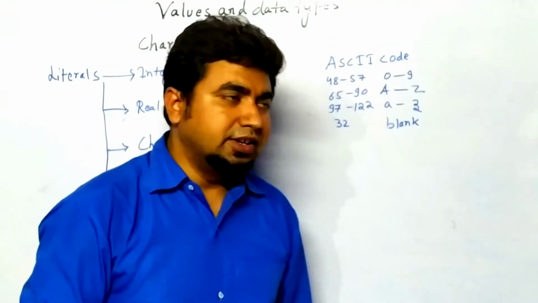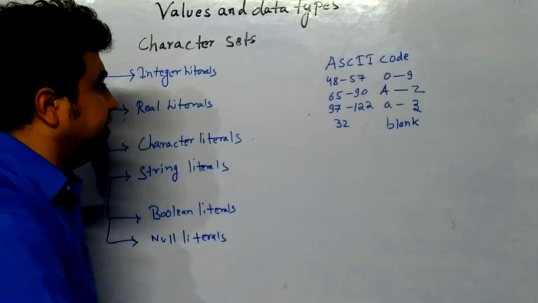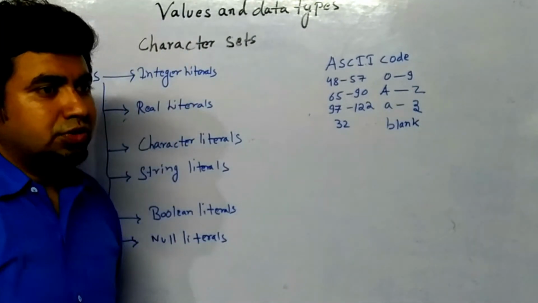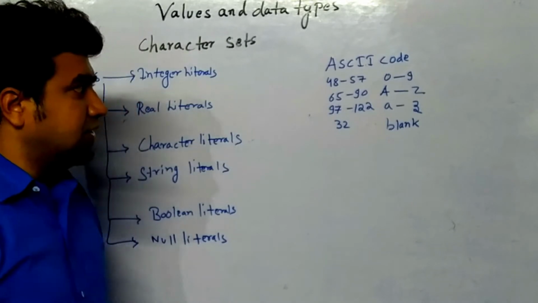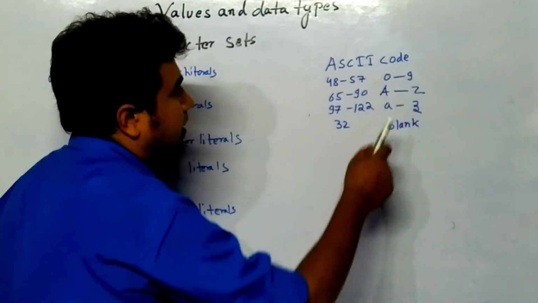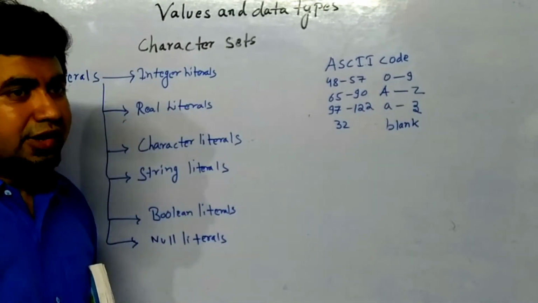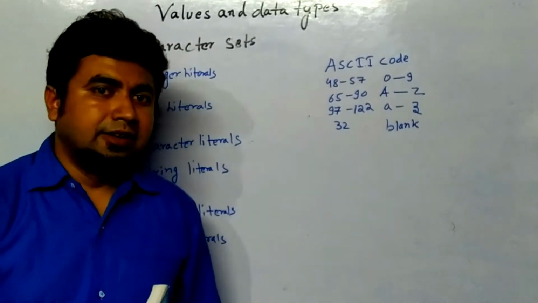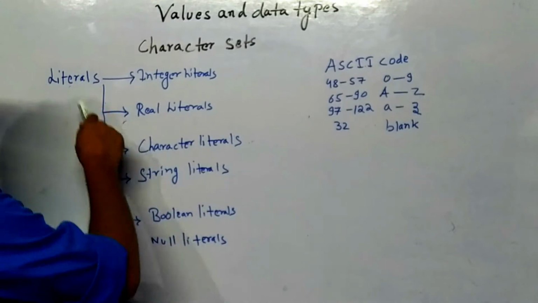So you can see clearly that these are the ASCII values, and these are the characters which the computer does not understand. Now you might be thinking these are also numbers, but I have told you about these as characters. That I will be explaining here, how they can be characters. Okay. In the next part, that is literals.